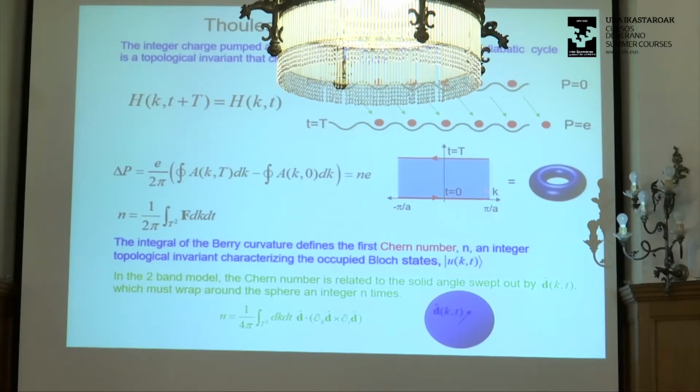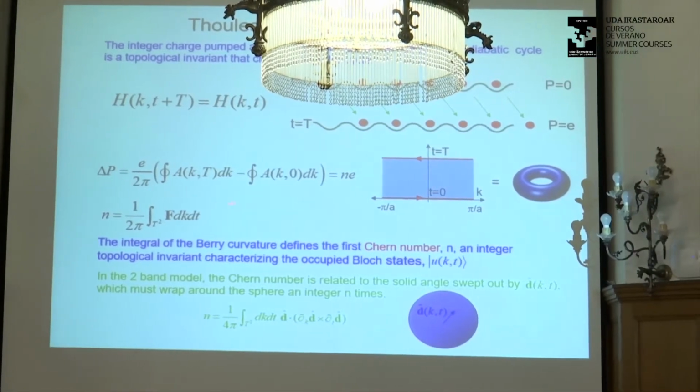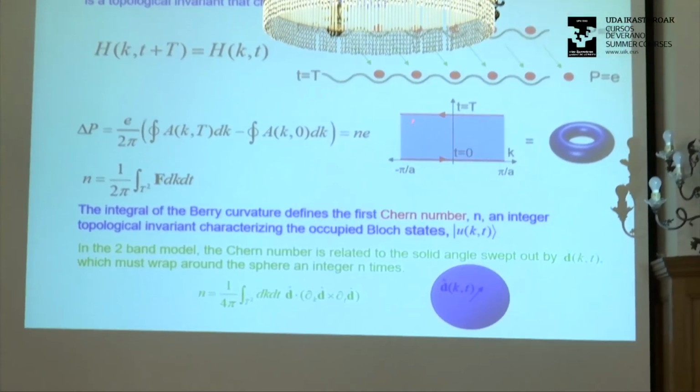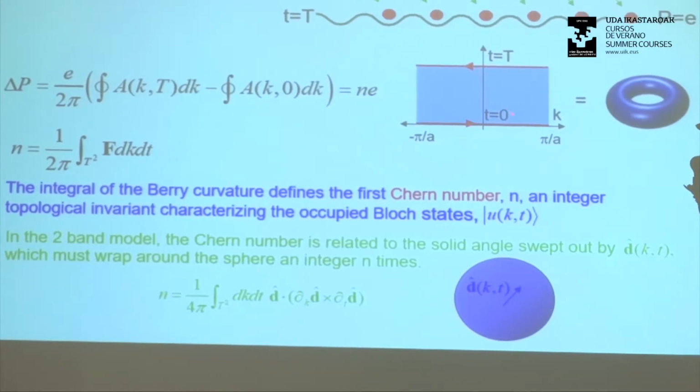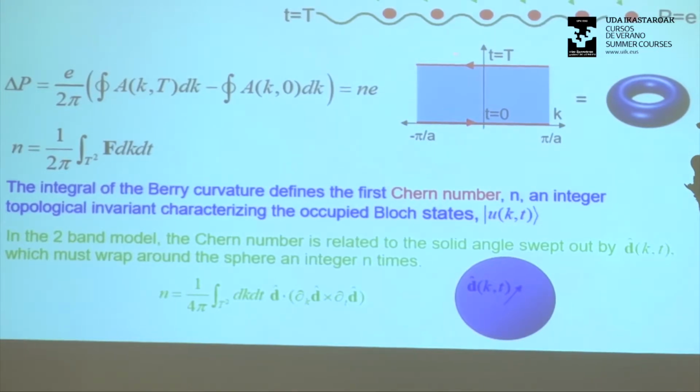Okay? And if I think of my electronic states as a function of k and this adiabatic parameter t, then it will be equal to the Berry curvature. I can use Stokes' theorem to write this integral in terms of a surface integral over the interior of this loop. And the important thing here, though, is that my Hamiltonian at capital T is the same as the Hamiltonian when I started off at 0. So it's like I've come back to where I started.